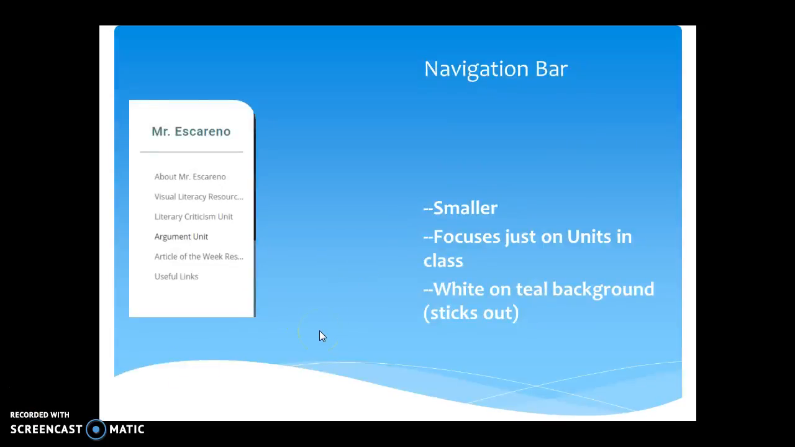Unfortunately, with Google Sites, there isn't much that I could do to change the nav bar. There's not a lot of user choice where you're allowed to change the font or anything. So my nav bar is very simple. I condensed it down from the 8 or 9 links that had various topics to being very concise and focused,